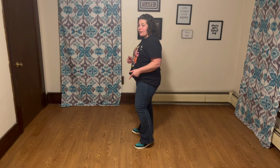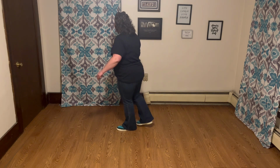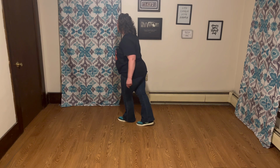Section 4, our final section of the dance. We're going to do a crossing shuffle left over right. So we're going to cross our left over our right, step our right foot to the side, cross your left over your right. You're now going to pivot on the ball of your left foot. We're going to make a half turn as we cross our right over our left to do a crossing shuffle